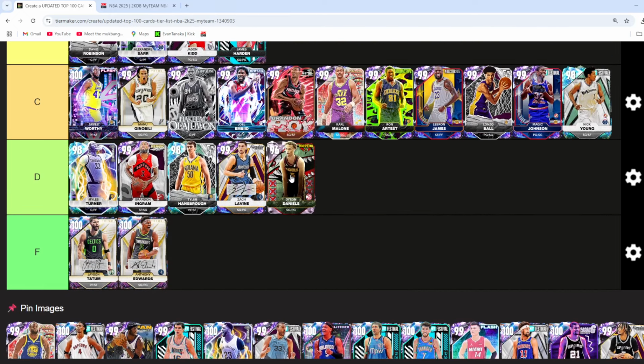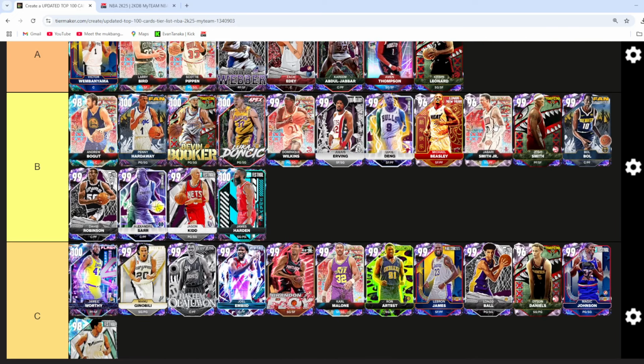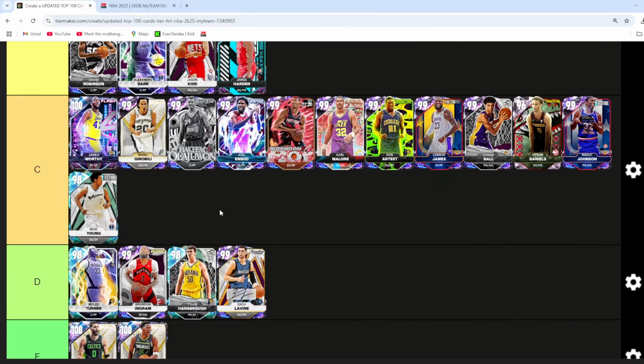Pink Diamond Dyson Daniels, again, really good budget option. I would say C tier though. Pink Diamond Jabari Smith is a better Pink Diamond. Beasley's a better Pink Diamond in my personal opinion. I think Dyson's really good, especially for his price and only being a Pink Diamond card, in the C tier category is amazing for a Pink Diamond,